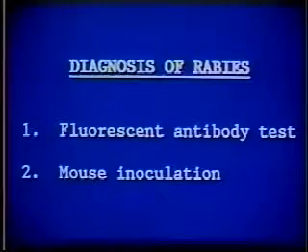Well, the diagnosis of rabies, we have no antemortem tests in domestic animals which are useful, so we must depend upon postmortem examination of brain specimens. This is primarily by the fluorescent antibody test, while mouse inoculation can also be used. Not many laboratories now perform mouse inoculation. This is of suckling mice with an intracerebral inoculation of suspected specimens.